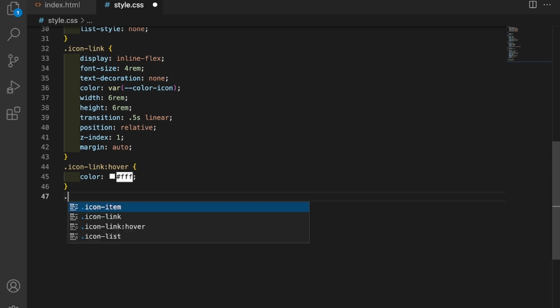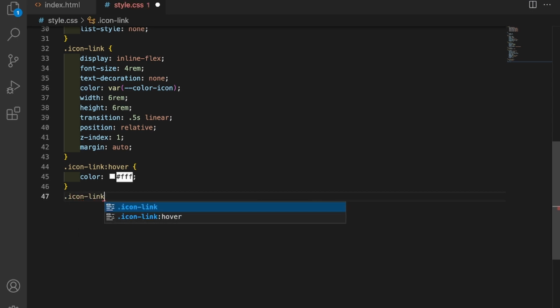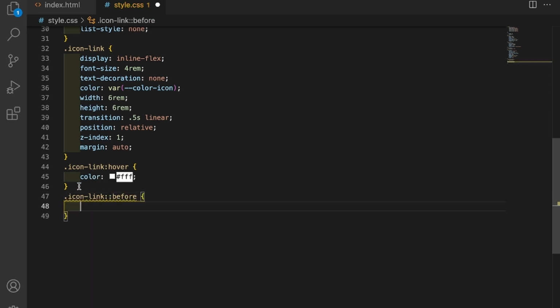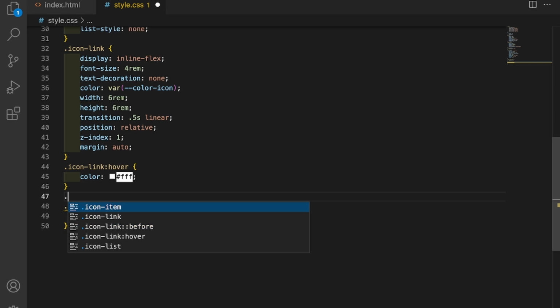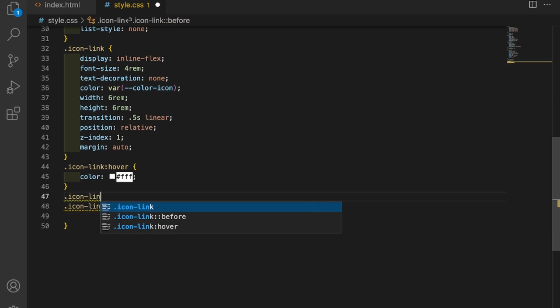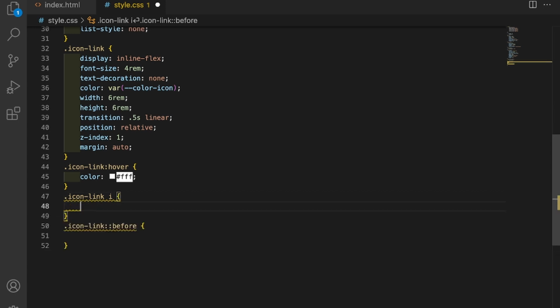So first of all, here I will write icon link and add before, and before that here I will write icon link i, and also give some margin here. So here I will write margin auto. Okay, great.